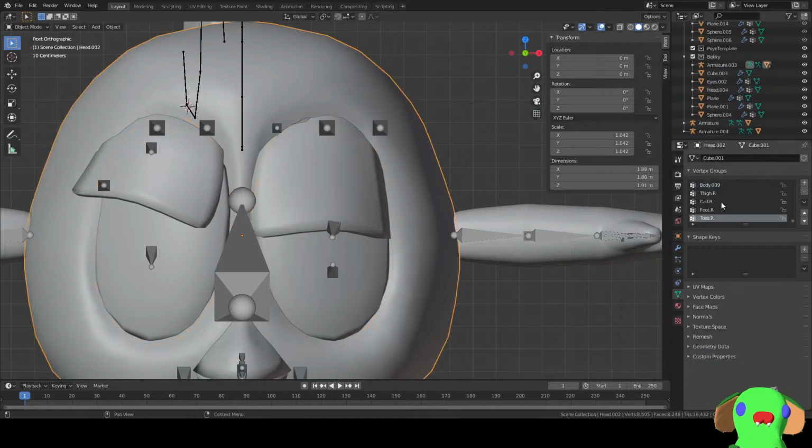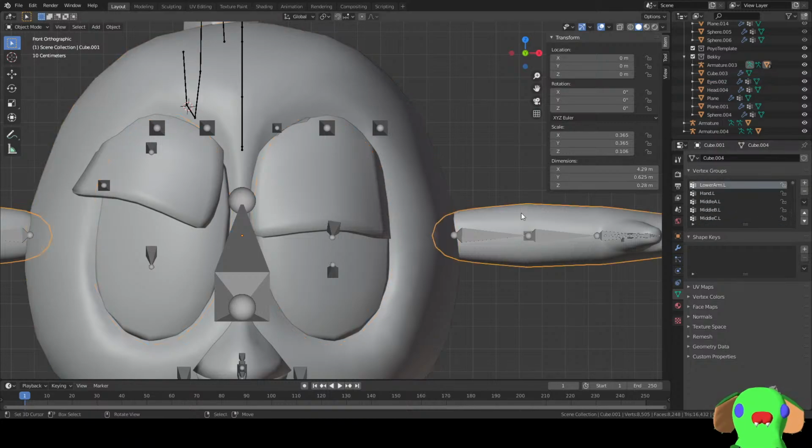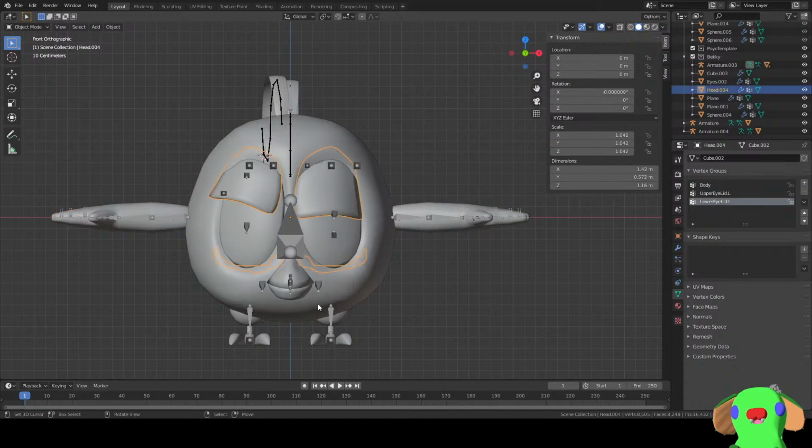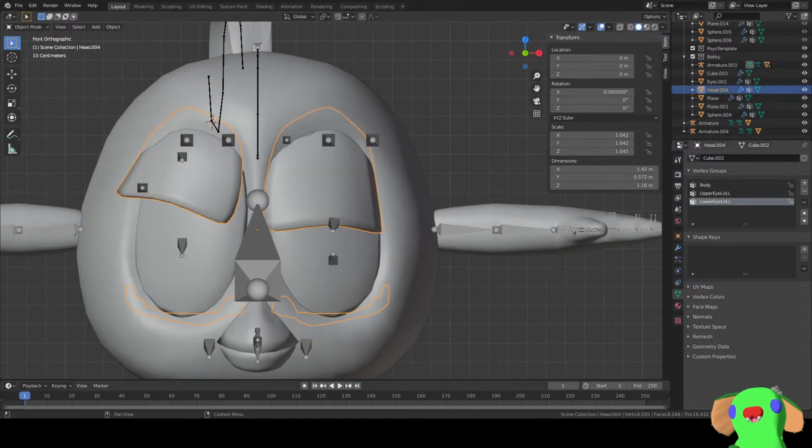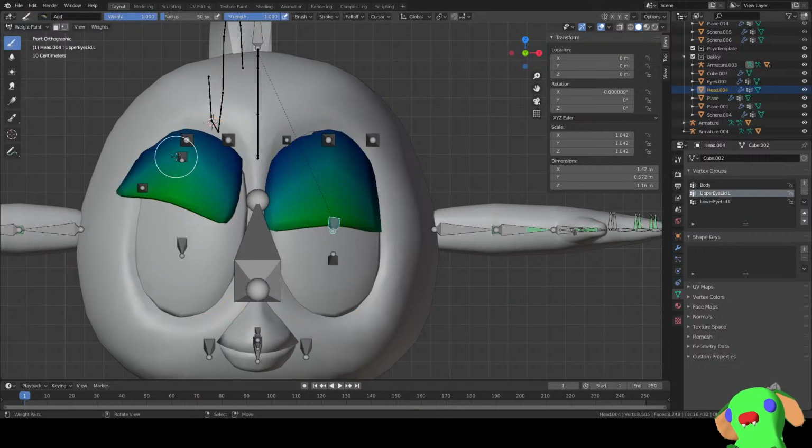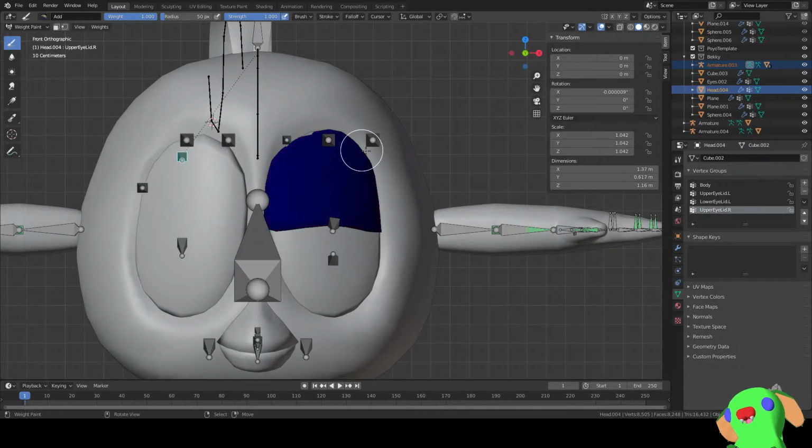If we applied it on most of the mesh, but I guess I missed the eyelids. So I'm going to need to redo that, which isn't too bad because I could just click,